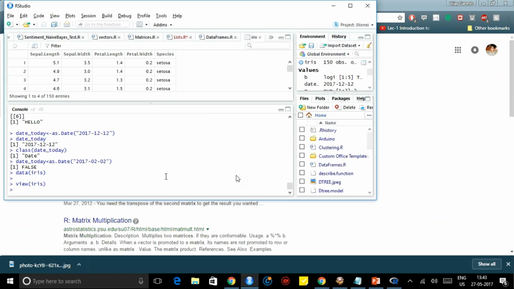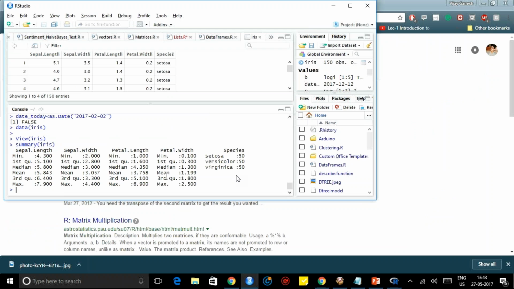So we'll see the summary of the iris data. Here I told you there is this Titanic data set. With just a single line we can get the details about all the things. I just give a summary of the iris data. See here, it is saying the minimum length is 4.3, maximum 7.9. Here we are getting so much statistical information.